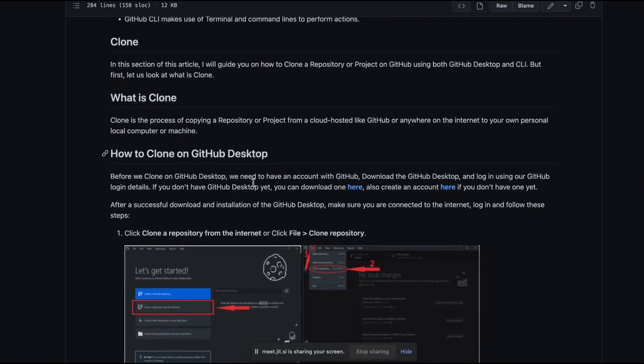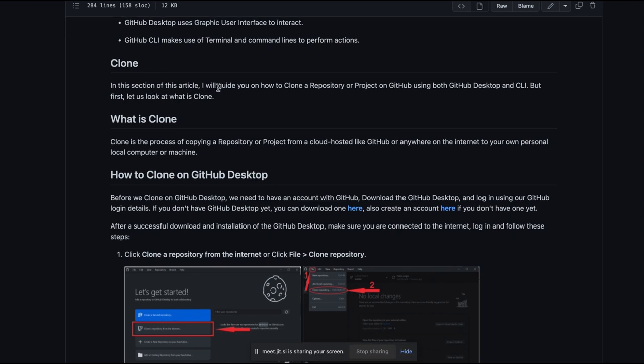Clone. In this section of this article, I will guide you on how to clone a repository. Awesome. Using both desktop and CLI, but first, what is clone?